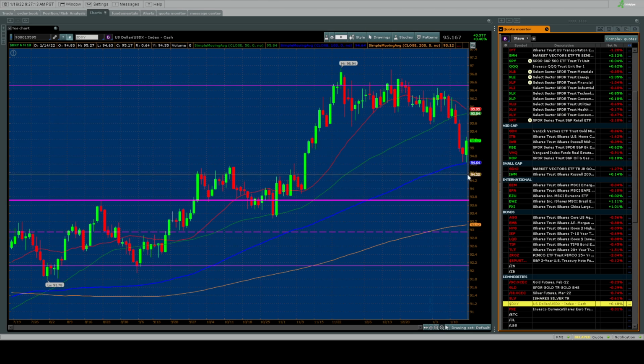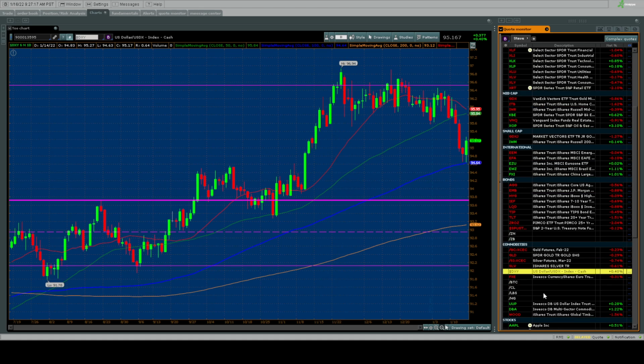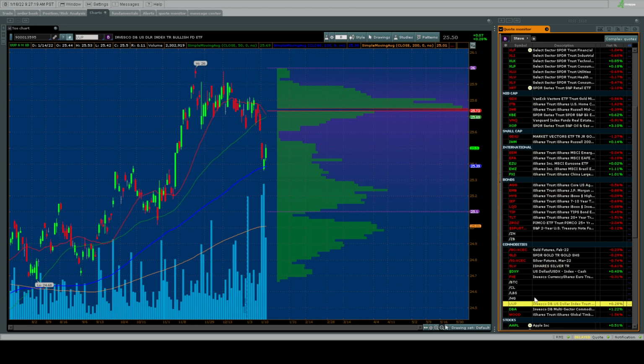Now, remember, we talked about how this could come down and hit the 100-day moving average and bounce. Well, how did we know that? It's simple. If you take a look at the volume profile, you have to go to UUP. And guess what? There was this little gap here, and you can see price just gapped down because there's no buyers or sellers there. So it jumped down, and guess what? It started to get into this chunk of volume here where buyers were previously at. You can see they were right there, and it found support and moved higher.